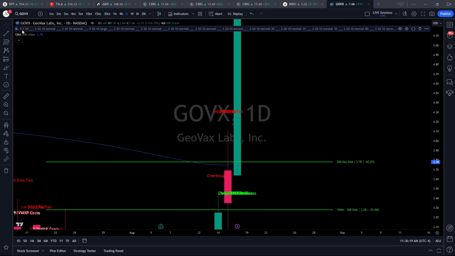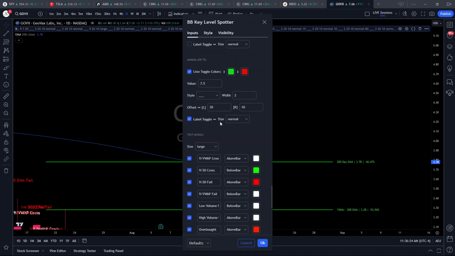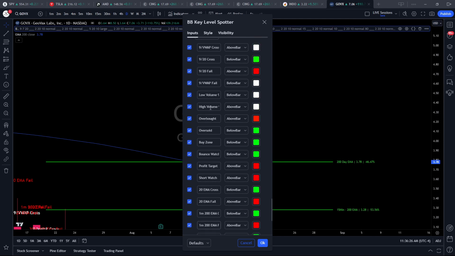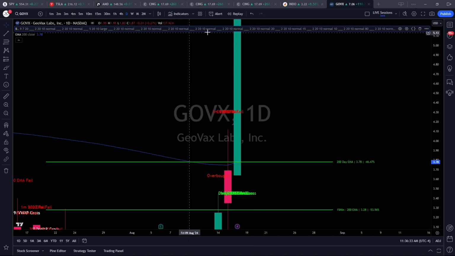So that's the whole point of this indicator here, guys, the key level spotter. You can set the lines, levels, many lines, many levels here, and you can set the cross values as well. And you can change a lot of this once you have it set to your default, what you want to see, save as a default. All right, so let's move on here